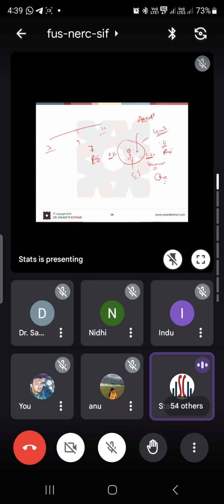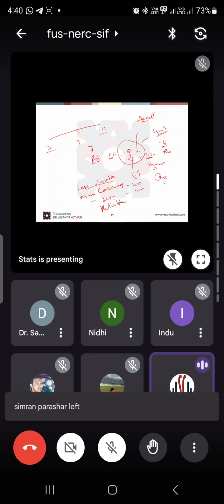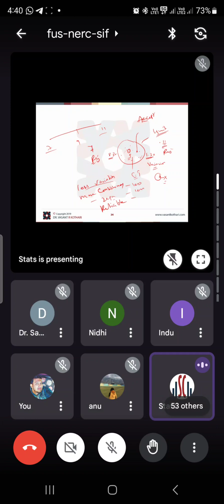So I will rely on the data which has less variation, because less variation means more consistency, more dependability, more reliability. I will be right if I take a decision when my data has less variation. More variation means less consistency, low dependency, and you can't rely on that data.